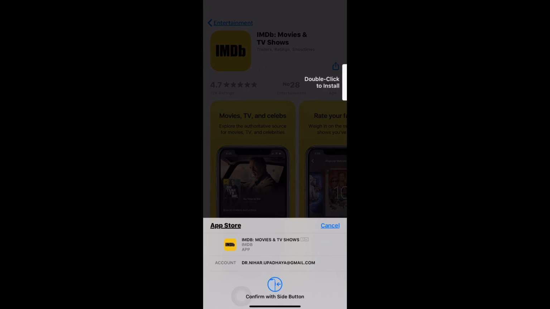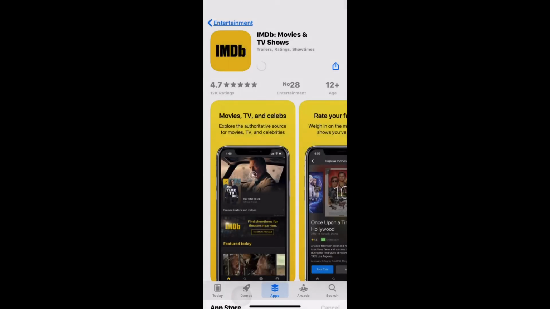It's asking me to double click the side button, and it is using my Face ID to download the app. This is happening because I have kept that option disabled. If I keep it on, it will ask me for the passcode of my Apple ID each time I want to download any app or make any payment. So disabling this makes it very easy to download any app or make any payment.